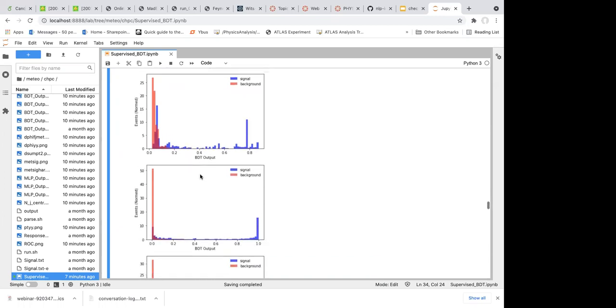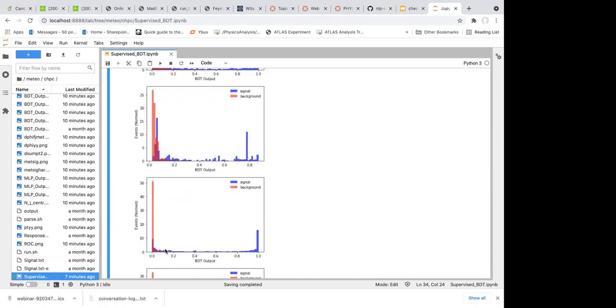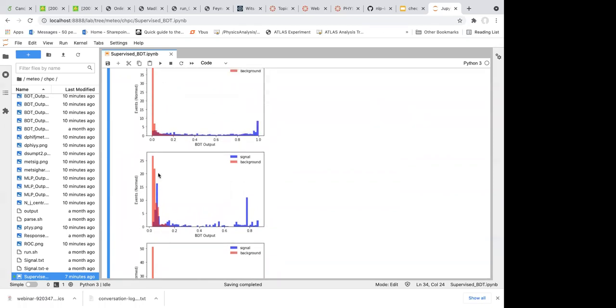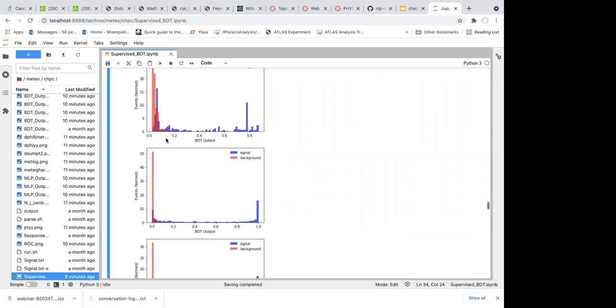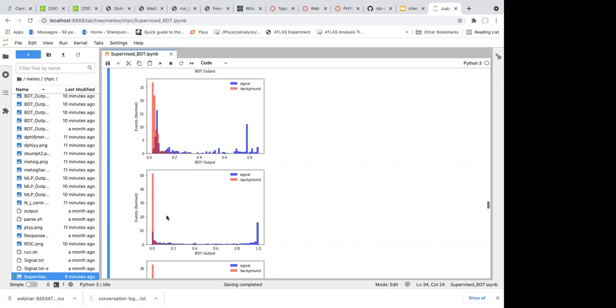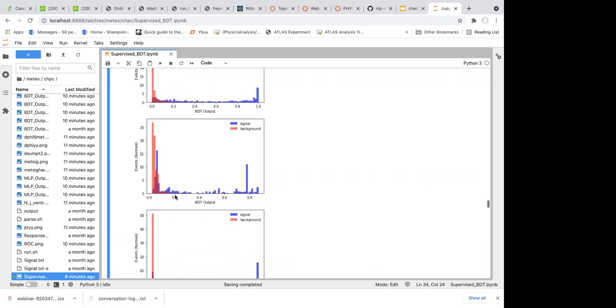So then let's see the third method. If you look at the third method, you can count that the leftmost bin, where the contamination from the blue color, which is signal and shouldn't be here, is much smaller. If you read the y-axis, the number of normalized events is below 10. For the second method, it's above 15 on the left side. For the first method we don't know, because the distribution is a bit flat. But looking by eye, it seems that the third method is slightly better even than the first method.